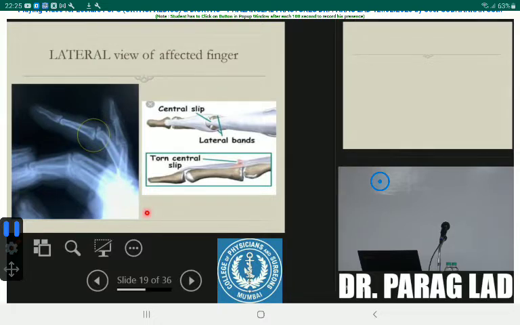This is distal phalanx, middle phalanx, proximal phalanx, metacarpal. Then there is a tendon attached here. It is called central slip. Function of this tendon is to extend DIPJ. I will explain you. Then there is a tendon attached here. It is called flexor digitorum superficialis. Function, flexion of proximal interphalangeal joint. Then there is